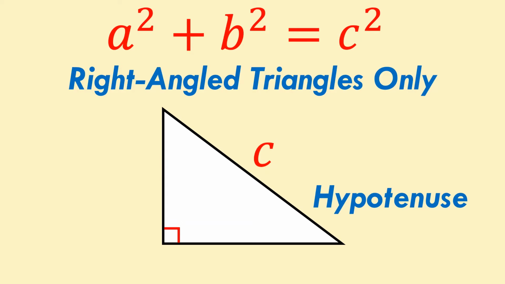Now, always start by labeling the side opposite the right angle, the longest side, called the hypotenuse, with the letter C. Now, simply label the other two sides with A and B. It doesn't matter which side is A and which side is B. Sure, now we know how to label a Pythagoras triangle. How do we use the formula to work out the remaining side?